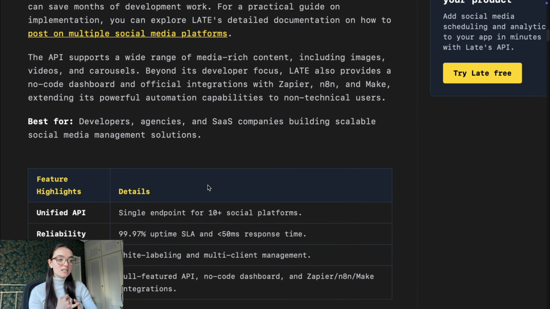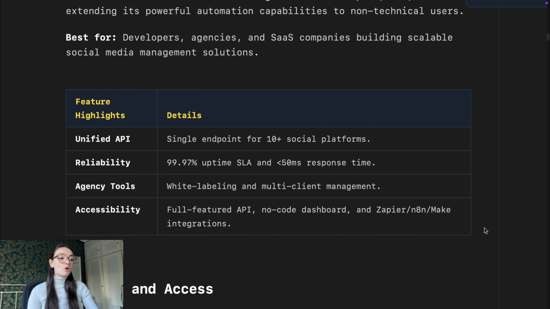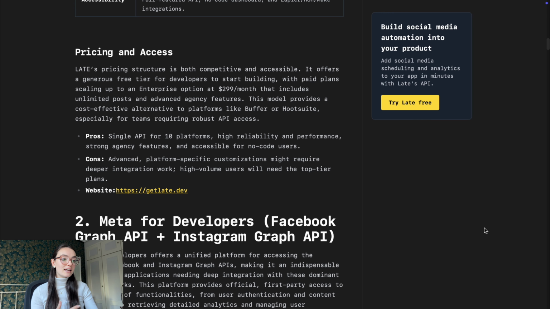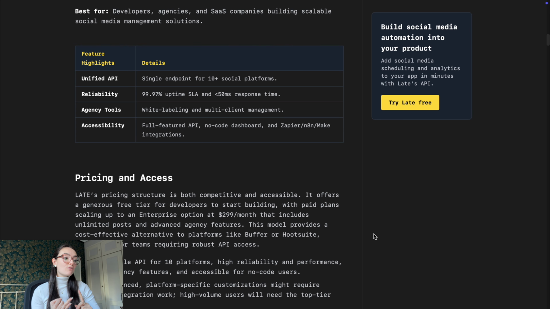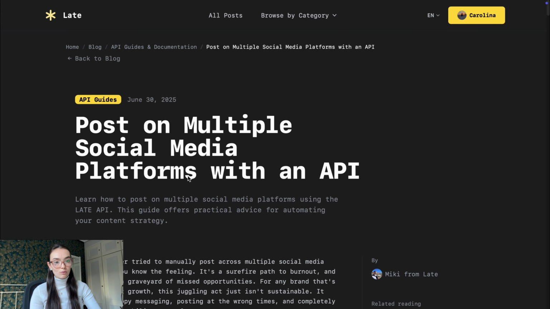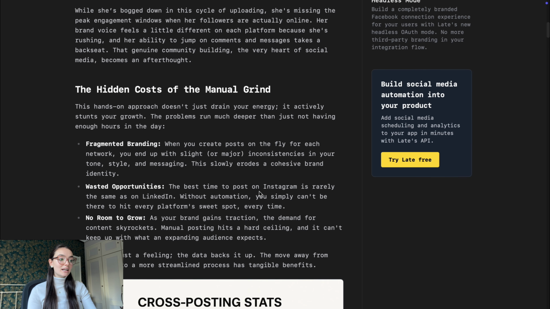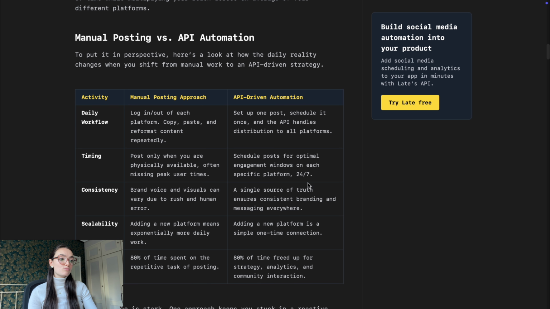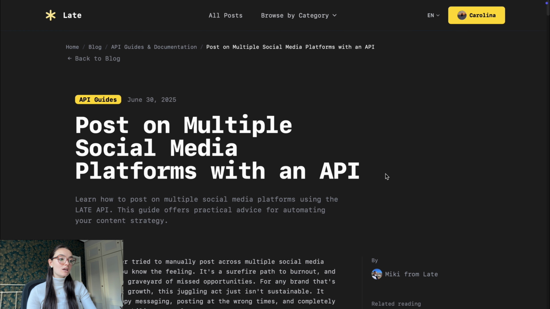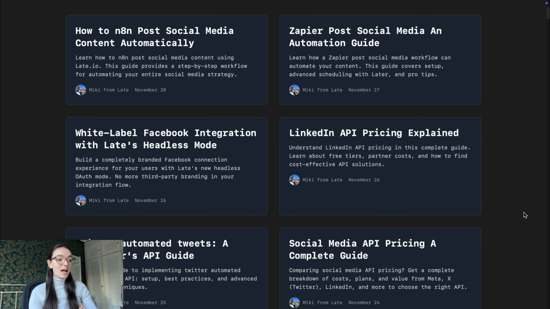You can also upload media, including images, videos, and carousels, without having to worry about resizing, formatting, or platform-specific requirements. Beyond posting, Late also supports analytics, retrieving data such as impressions, views, or engagement, depending on what each platform allows. This makes Late ideal for SaaS products, agencies, analytics tools, content automation platforms, or any developer who wants to save months of engineering time. If your app needs to work across multiple social networks, a unified API like Late can